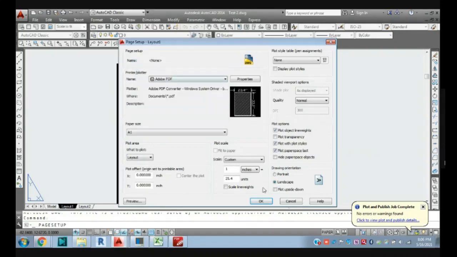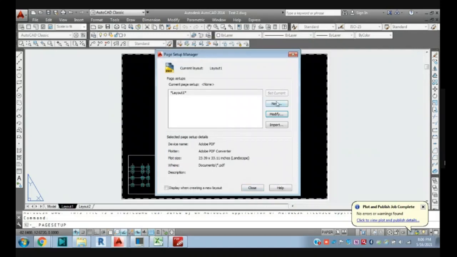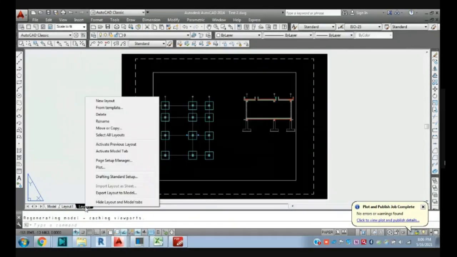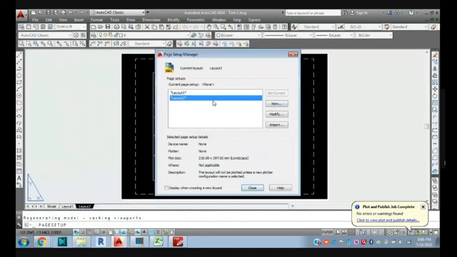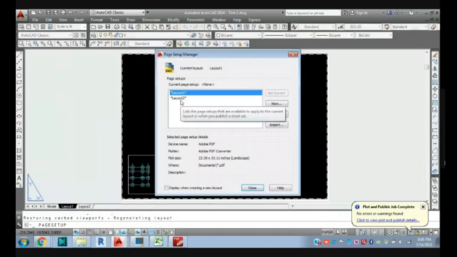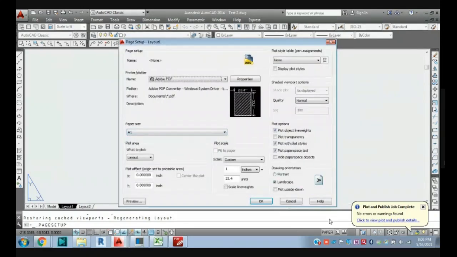So this is my first one, and I will just rename this. If I go to the page setup, this is my first page setup, layout 1. For layout 1 we have set the A1 size.